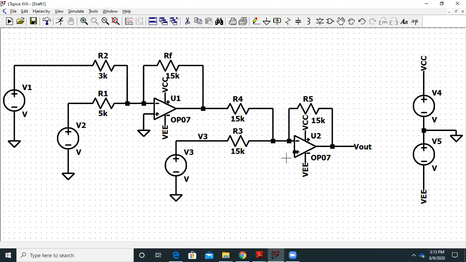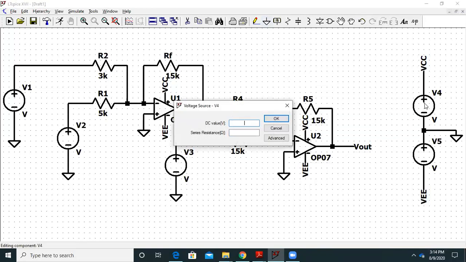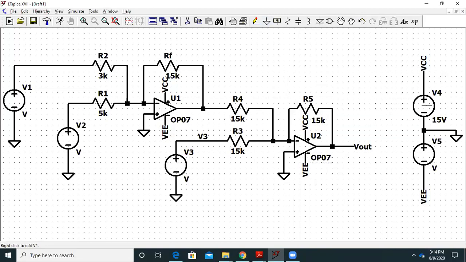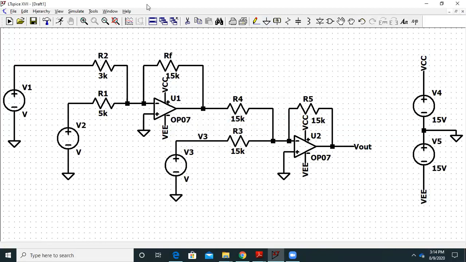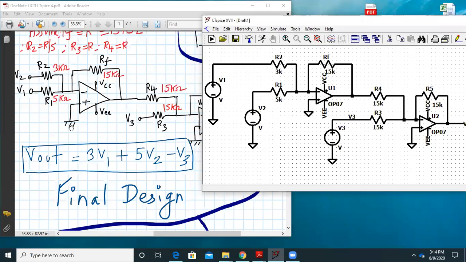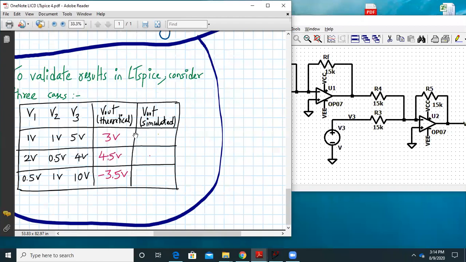So, and oh, one more thing we have forgotten. We have to connect the non-inverting input terminal to the ground in case of the second stage. So good we remembered that at this stage, or else it would have given some error. Also the power supply, we can give it as plus or minus 15. So here it is. So all the power definitions are also over. And the only thing left is to check the number of cases now.